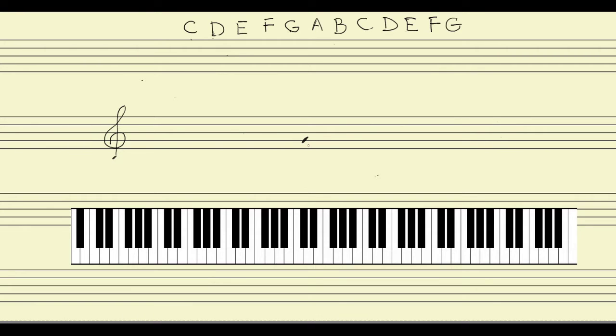And I think the easiest way to think about this is to think about building this triad as a third above the bottom note and a fifth above the bottom note. That third and that fifth way that we had of thinking about a triad. So we're going to start on G, and we want to first find a third above G. So let's go up here and figure out what is a third above G. So we start with G1, A2, B3. So B is a third